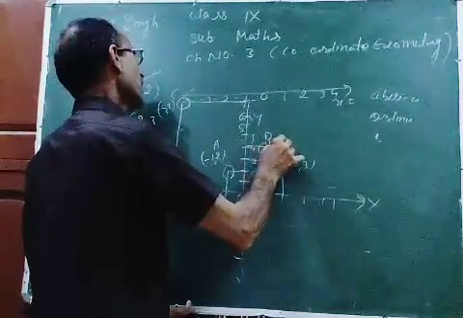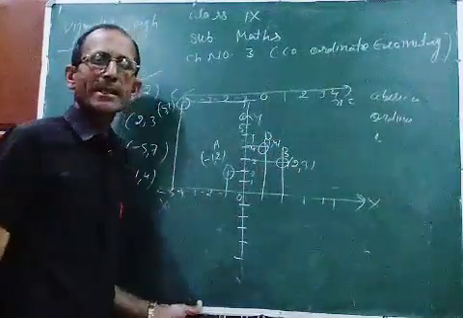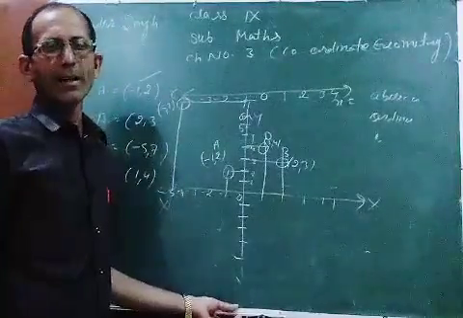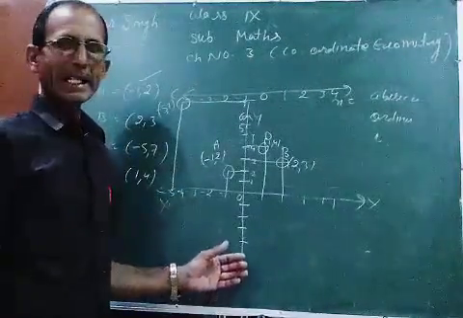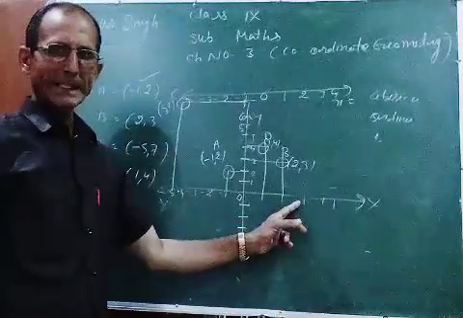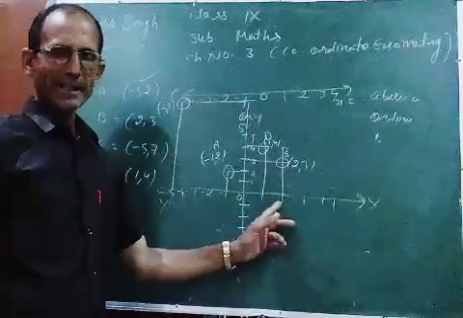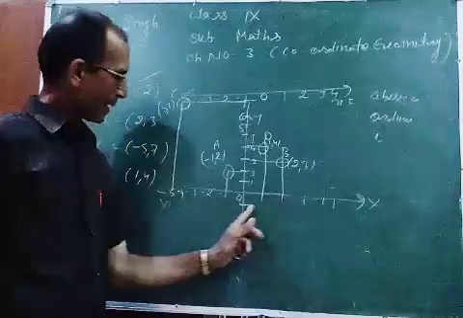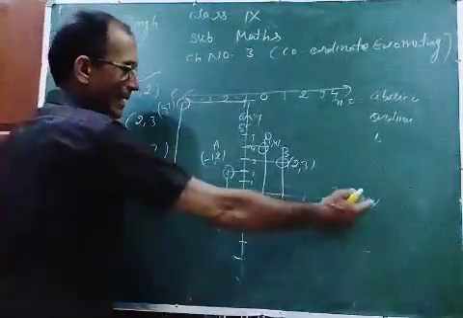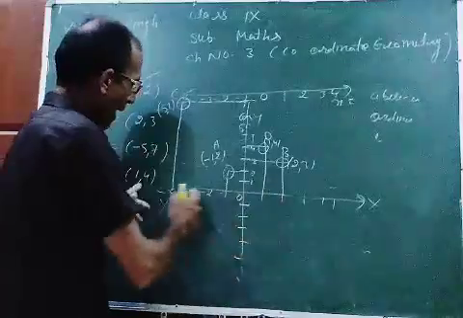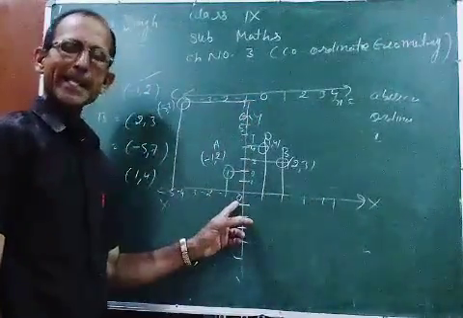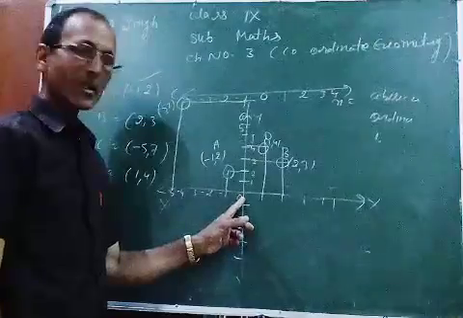It means (1, 4). So this is the locating of the points, it means coordinates on the graph paper. Once again I am repeating, positive value of x will be taken on the x-axis right of the origin. This is the origin, it means the intersecting point of the axes. These are called axes: this is x or x-axis, and this is y or y-axis. Where the axes are intersecting, that is called the origin.